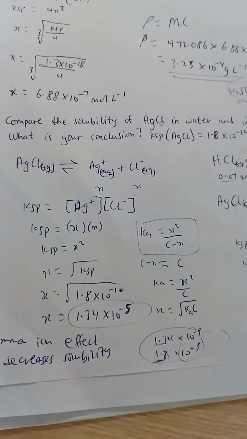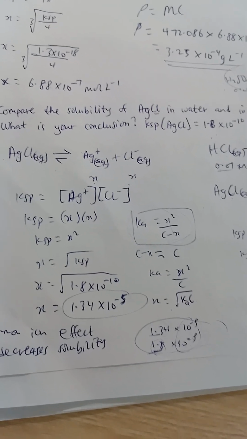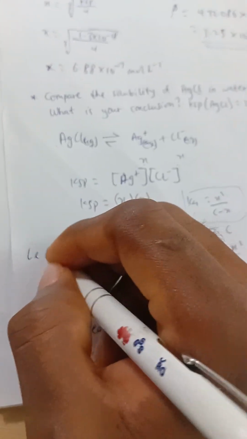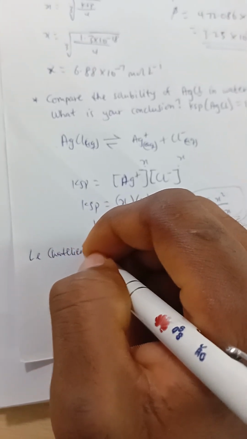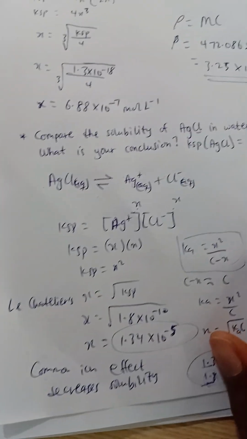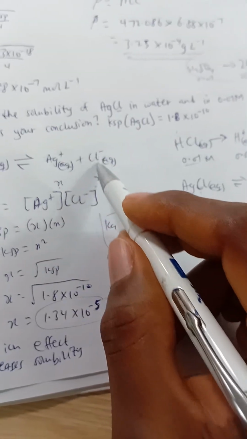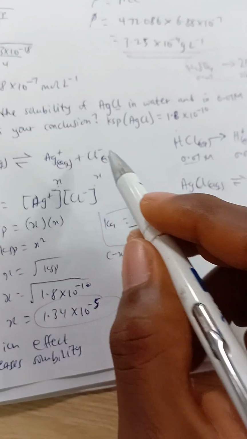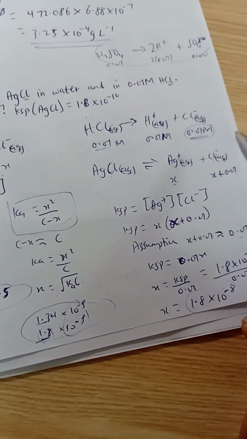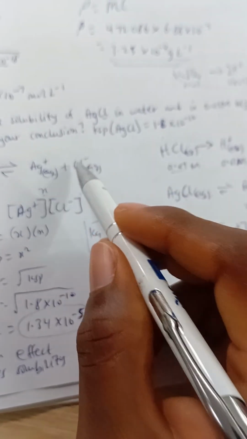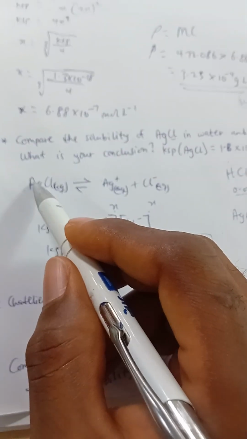So as I initially said, this works on Le Chatelier's principle. By HCl, the concentration of Cl minus was increased, extra was added, which means that if you increase this concentration, the equilibrium position will shift backward